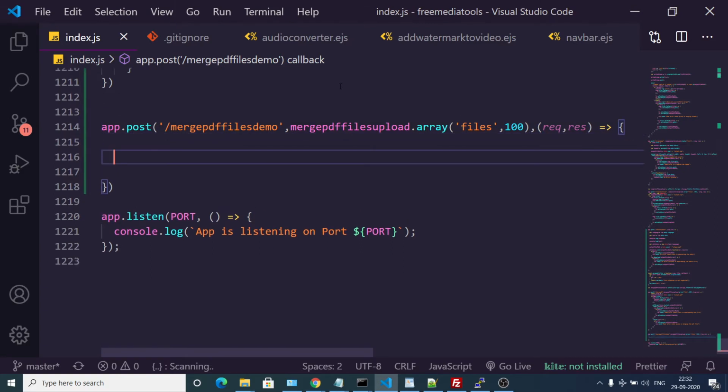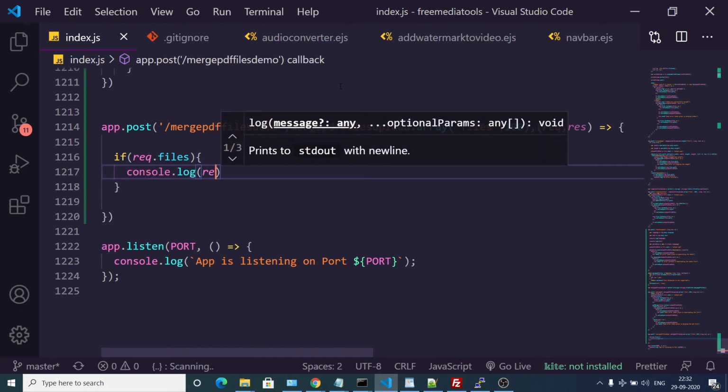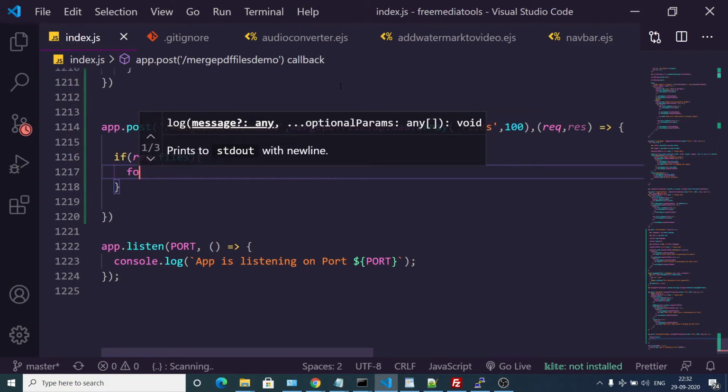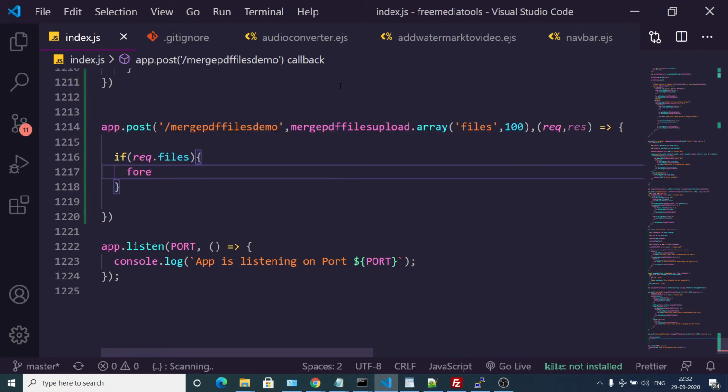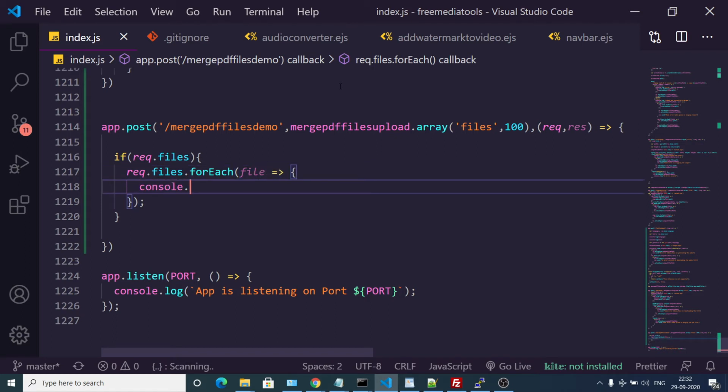That's it. Now to check if they are uploaded, we can say if request.files, and then we can use a forEach loop because this is a list of files. So the array will be request.files, and for each file we can console log its path, like this, file.path.